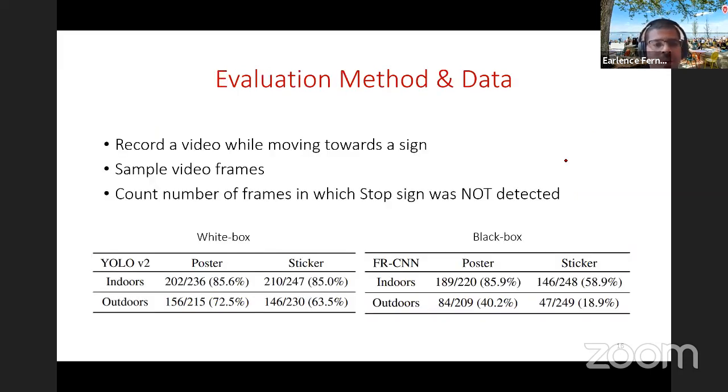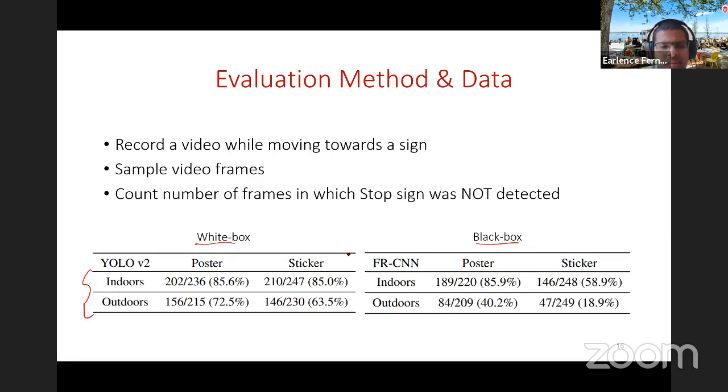Similar to prior work, we also did a similar kind of evaluation where we record a video of a camera moving towards the stop sign, and then we simply sample video frames and count the number of frames in which the stop sign was not detected. In this paper, we did white box attacks and black box attacks, in different settings. Okay.